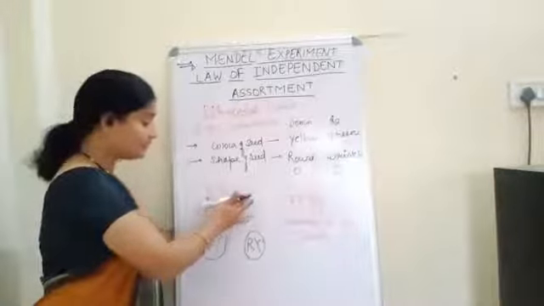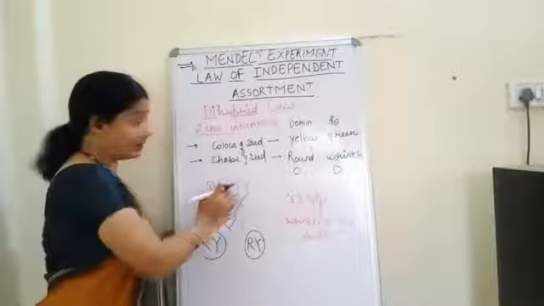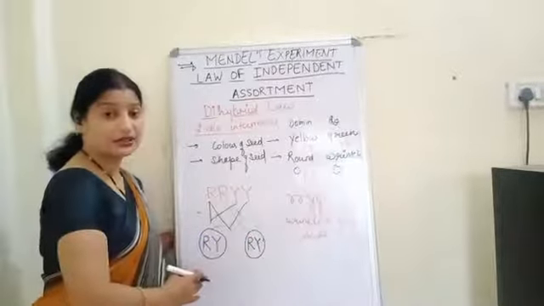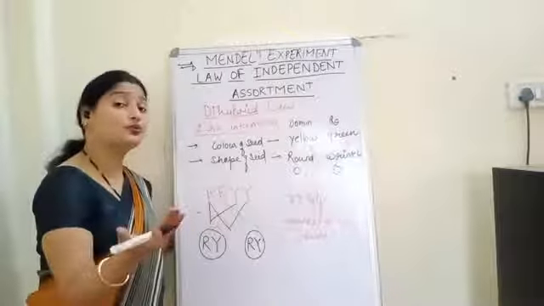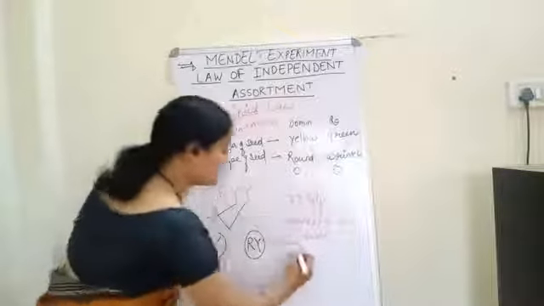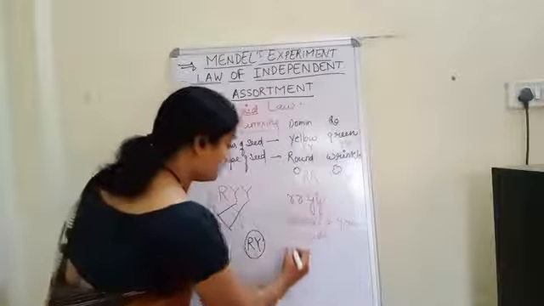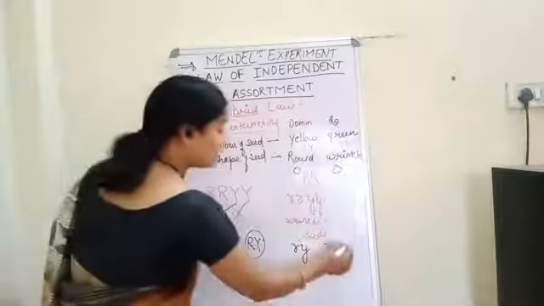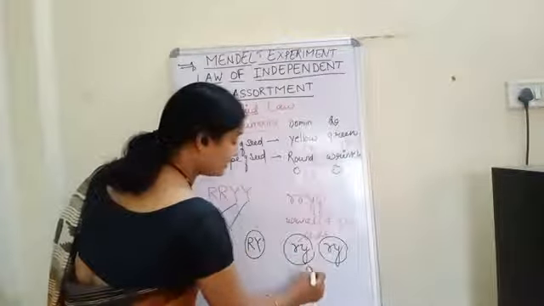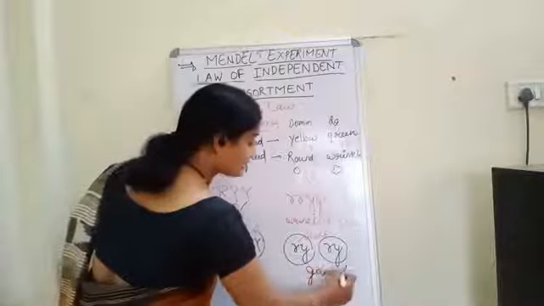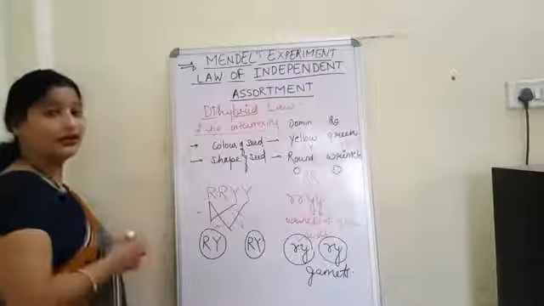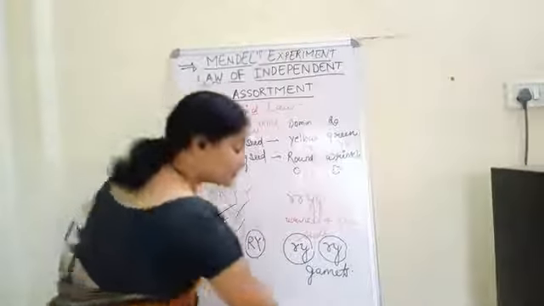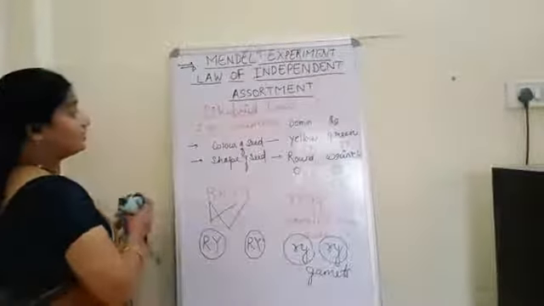If he had taken dihybrid traits like this, then he got 4 different gametes, and 4 different gametes can cross with any other 4. Now the same situation will be here. Here we will take RY and RY. Now see children, these are the gametes. Now what had Mendel done? He crossed these gametes to get the result of the F1 generation.